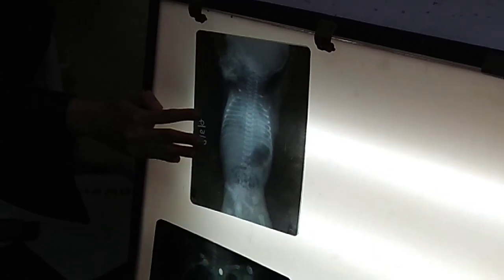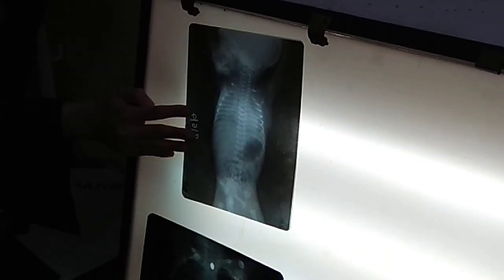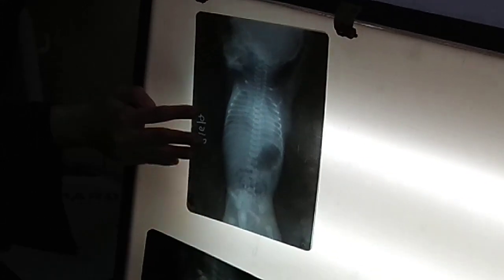Here, what are you seeing? Both the lung fields are opaque: upper, mid, and lower zones, the whole thing is a kind of white outline. What may be the age of the baby? Very small, a newborn baby. This is an X-ray chest including the abdomen also, AP view. Infants and sick patients, AP view only. Right?